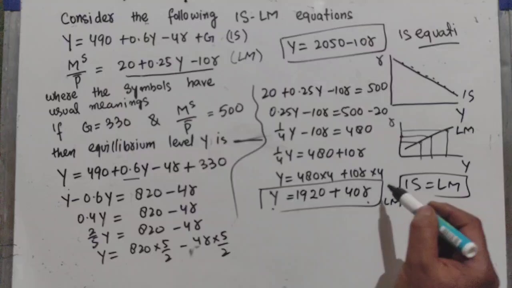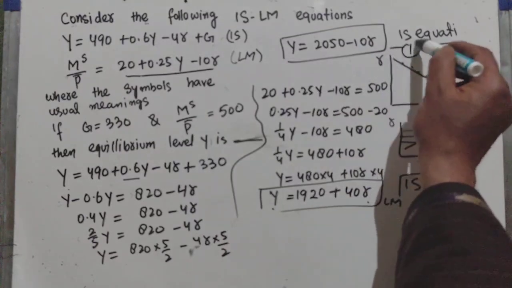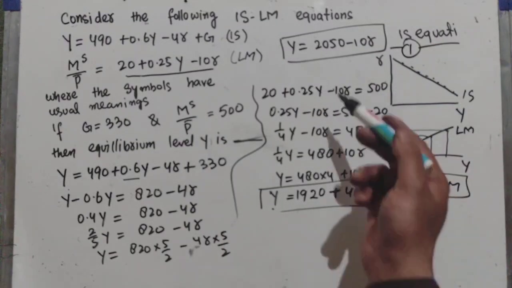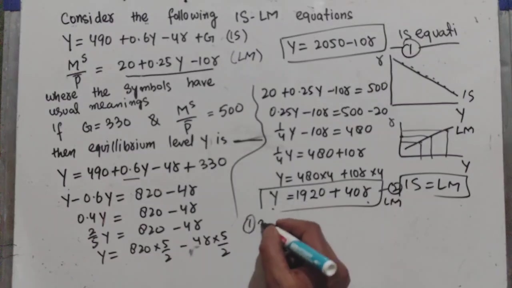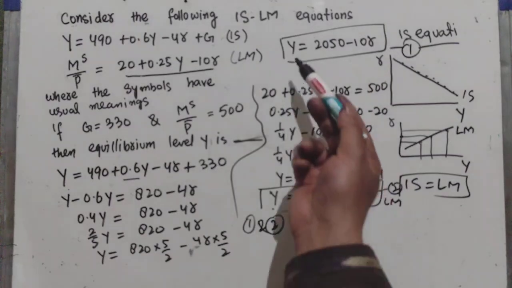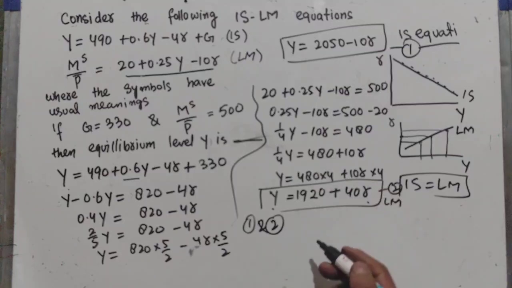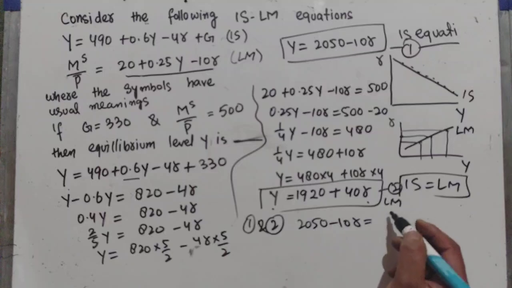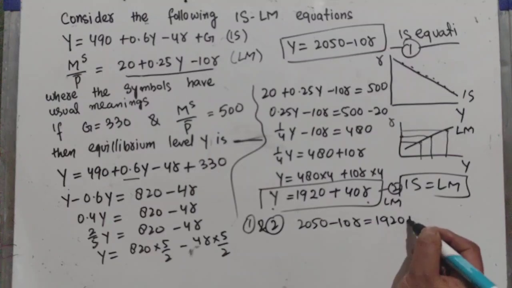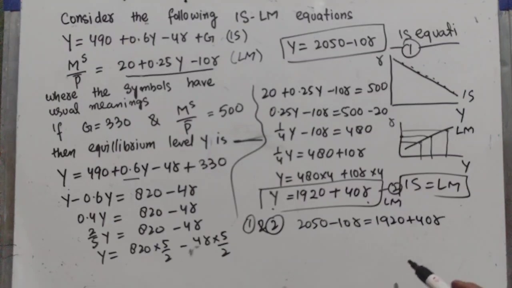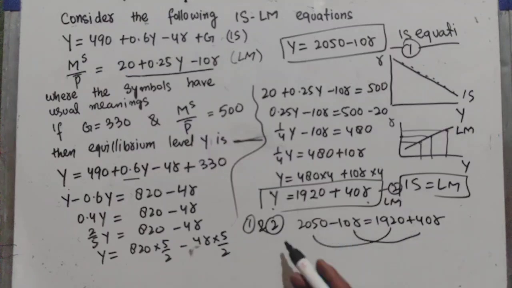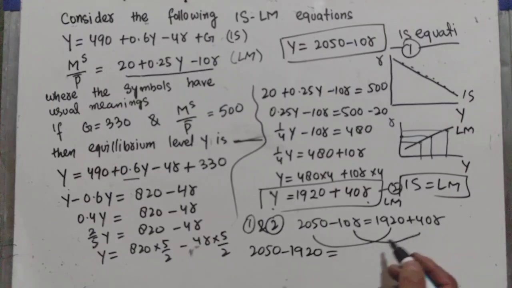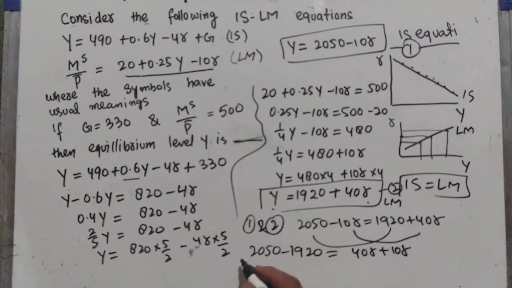So we solve. This is our first equation, this is the second. From the first and second equations, since the LHS is the same, we can equate the RHS of both equations. So we have 2050 minus 10r is equal to 1920 plus 40r. Transposing, we have 2050 minus 1920 is equal to 40r plus 10r. So this comes out to be